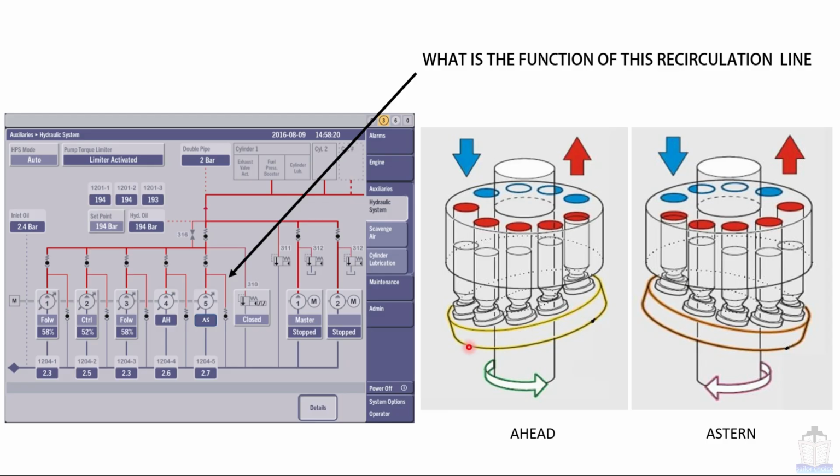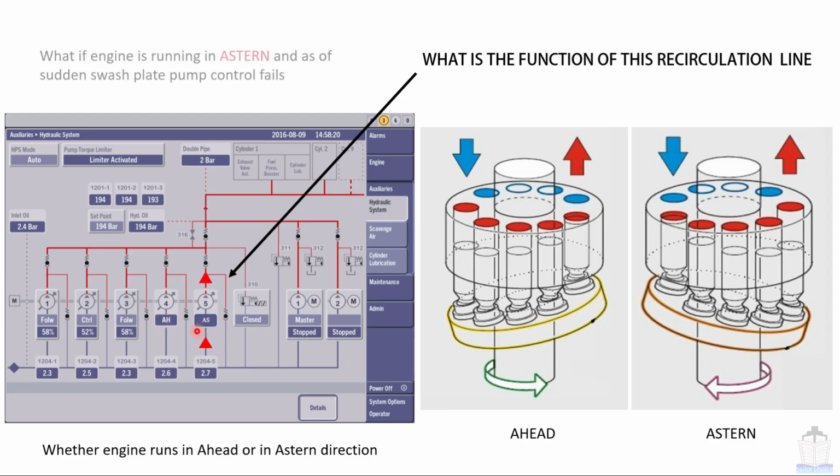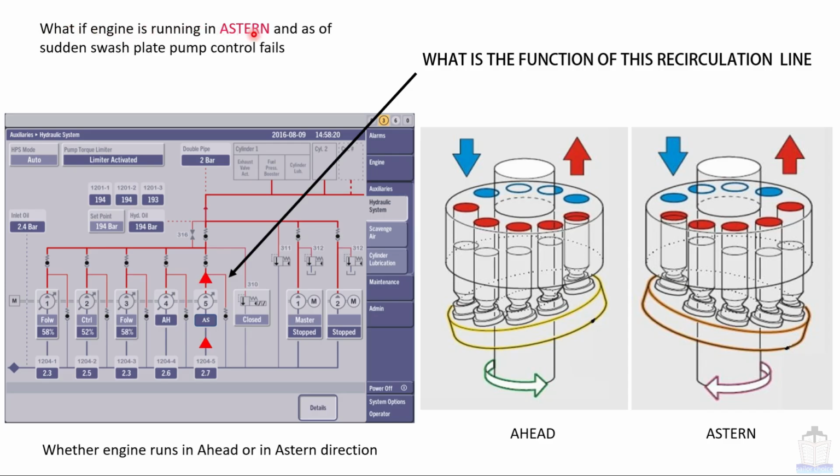In ahead direction, the orientation is like this, and in astern direction, orientation is like this, and hence the suction port and discharge port remain the same. That means whether engine runs in ahead or in astern direction, our direction of flow will be the same. Here I have taken a case in which the engine is assumed to be running in astern direction. Please ignore all this thing. Now what if the engine is running in astern and all of a sudden swash plate pump control fails? Obviously that particular swash plate cam will move in ahead direction, and therefore the suction and discharge port will interchange,